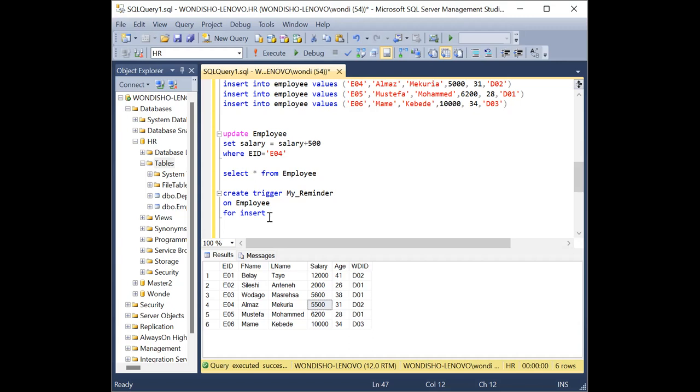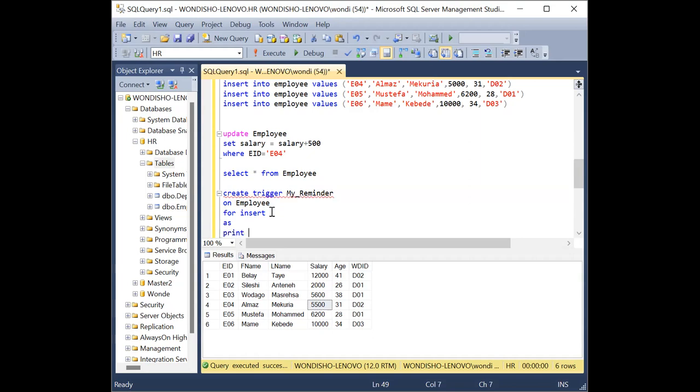This is the prototype for every trigger: create trigger, the name of the trigger, on which data element, the employee table, for what kind of event, for an insert. After that, AS, and I want it to print